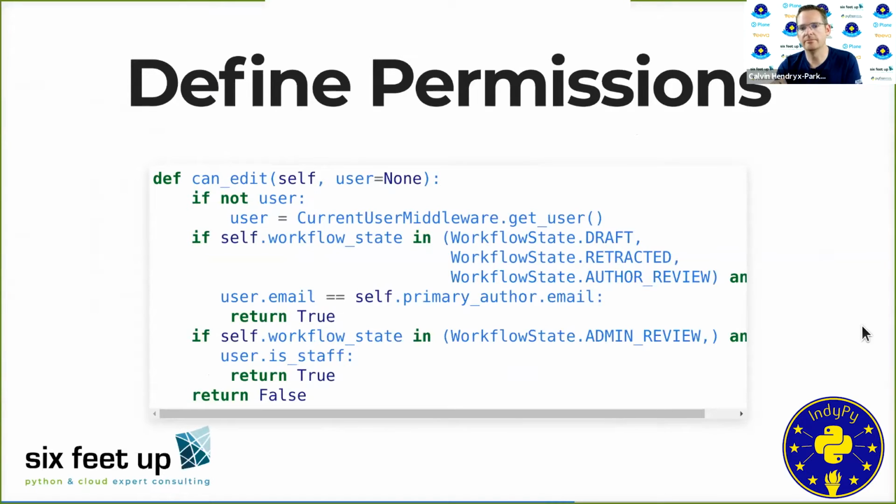like for example, can edit, one of the first things you're going to notice is we try to get the user, but if there's not a user, we may need a way to determine what user is actually running this transition so that we can make a determination on whether they are allowed to see this edit function or not. So for example, if you were running from the Python Django debug prompt, or you were doing a management command, there wouldn't necessarily be a user in the request, but you may still want to be able to call the edit transition because you really want to strictly adhere to changing the value of the workflow state variable only through transitions.